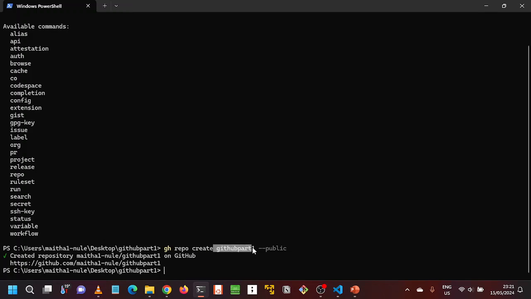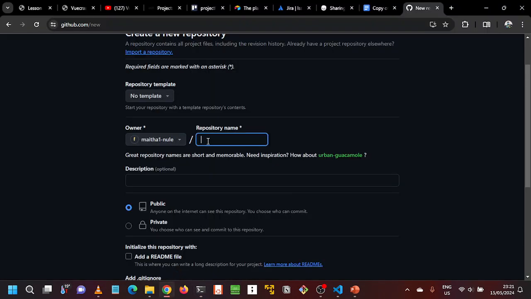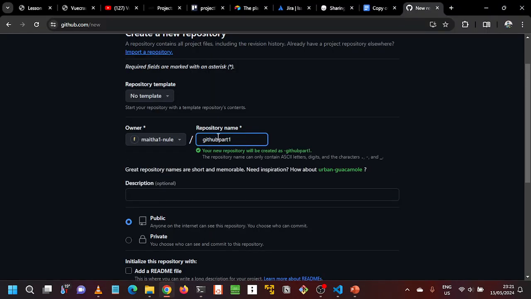Let me just copy this one so that you can confirm. Control V. If you give that name here, it's saying it will be created as GitHub part 1. But we don't want that one, we want the other one. That one can't be created because it already exists. So remember,